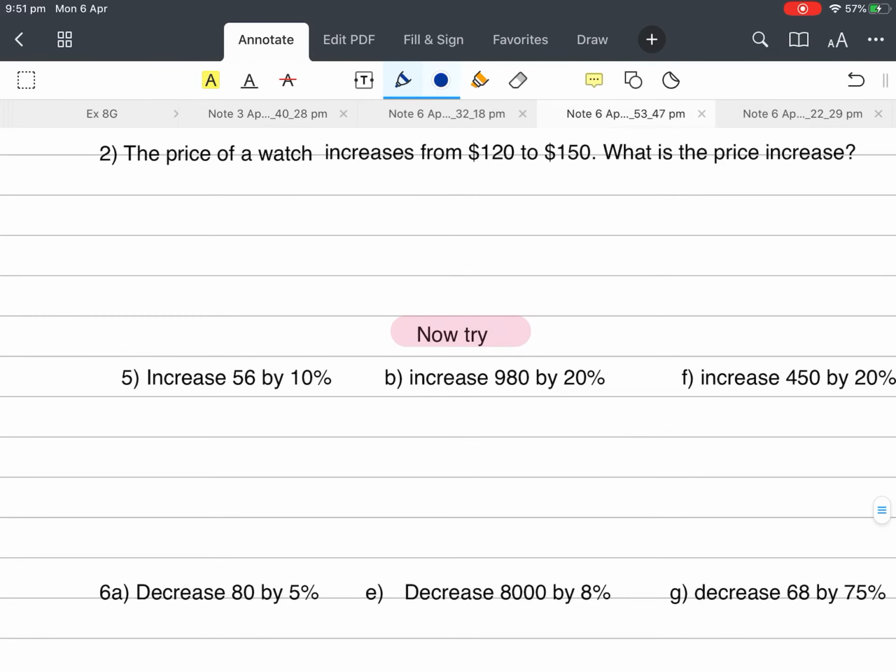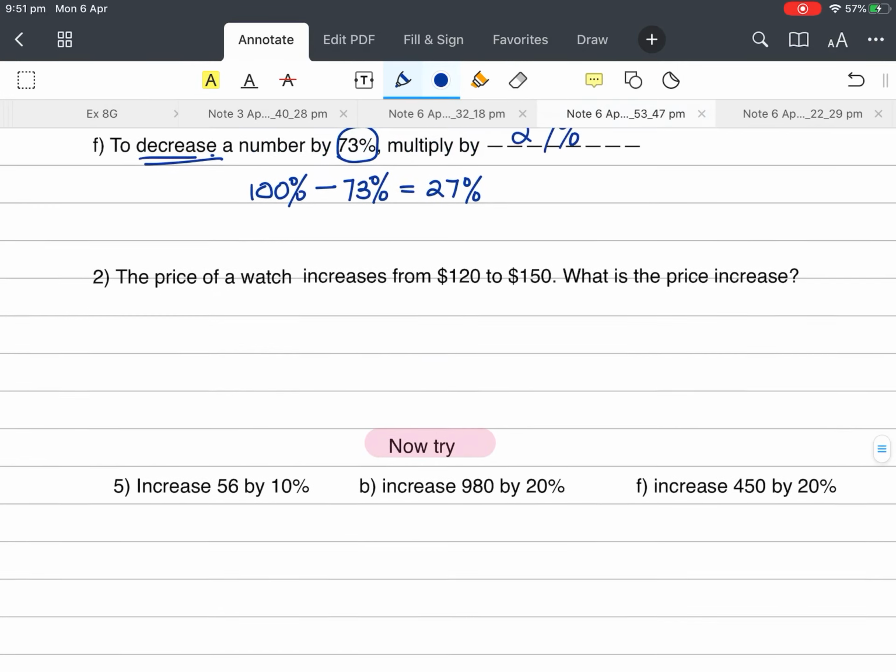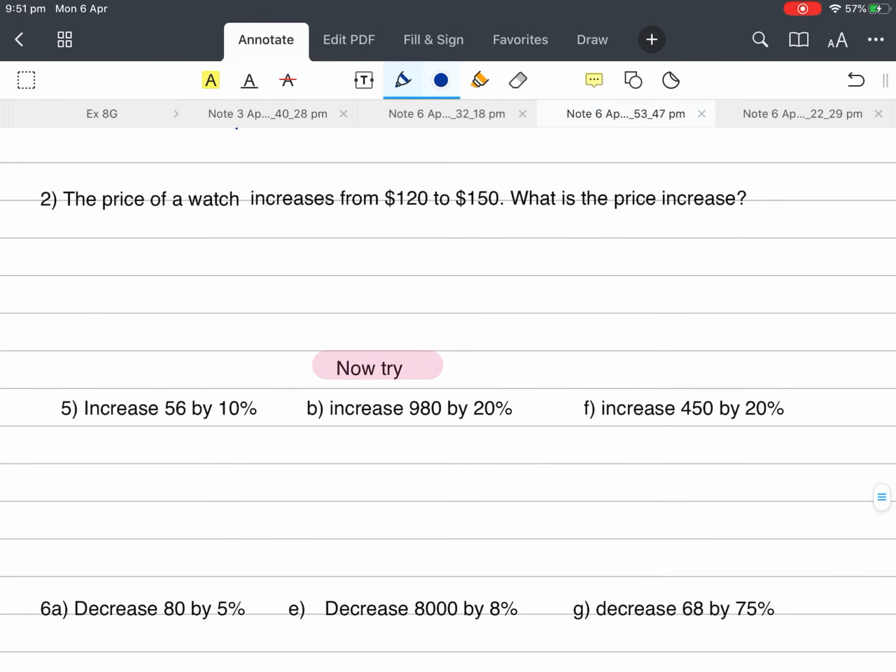So let's have a go at question 2 now. Question 2 says the price of a watch increases from $120 to $150. What is the price increase? Alright, so let's have a look. So first of all, I think what we have to do is we've got to figure out what the increase is. Hold on a minute, I'm just going to